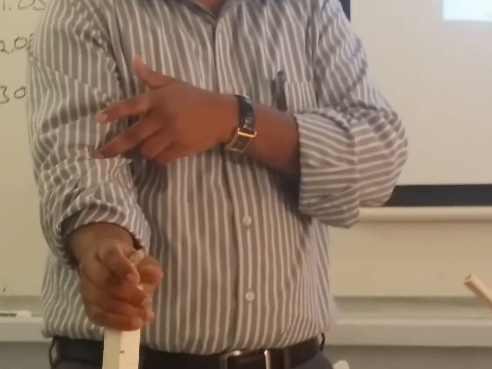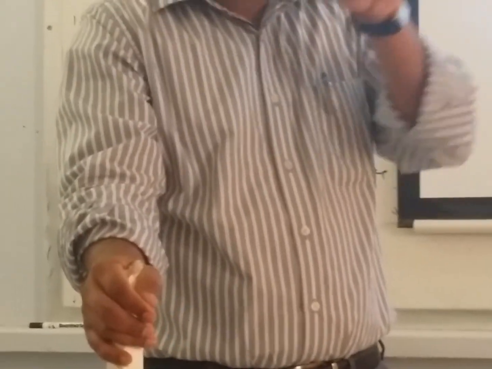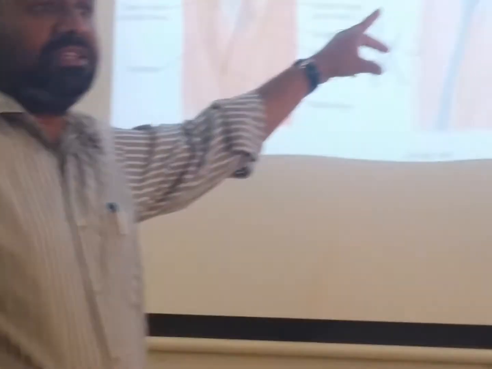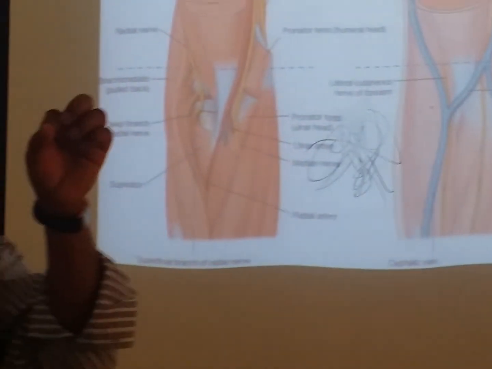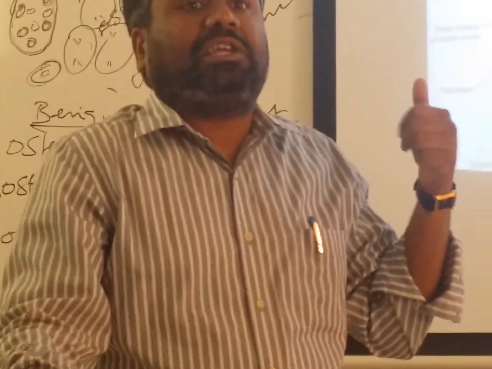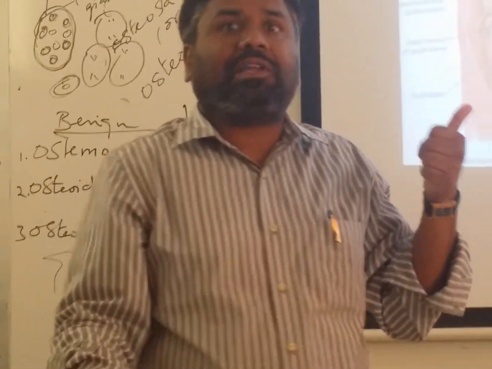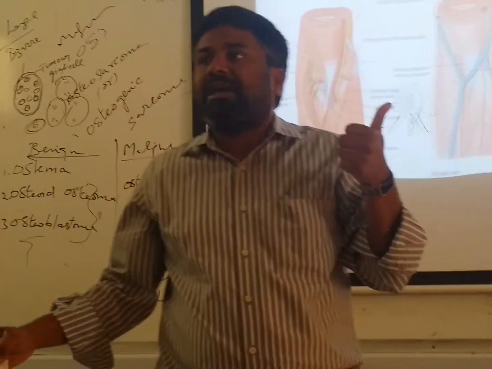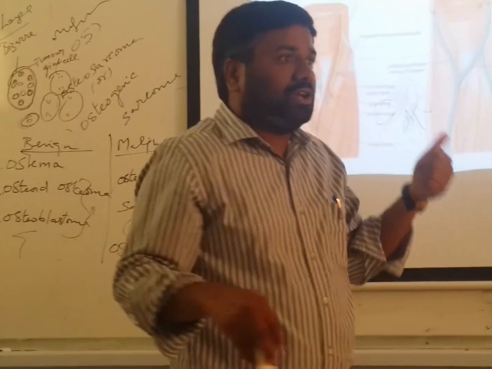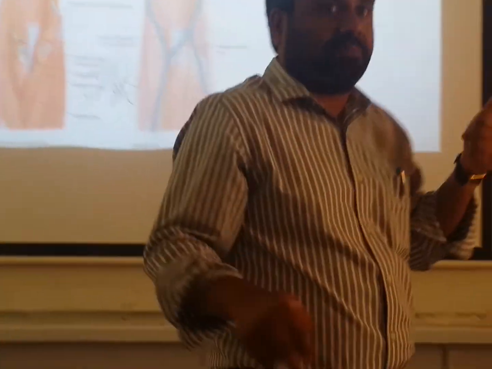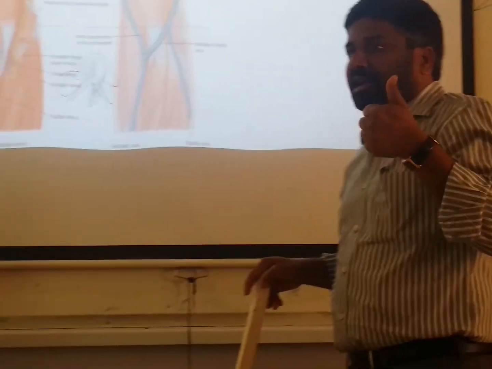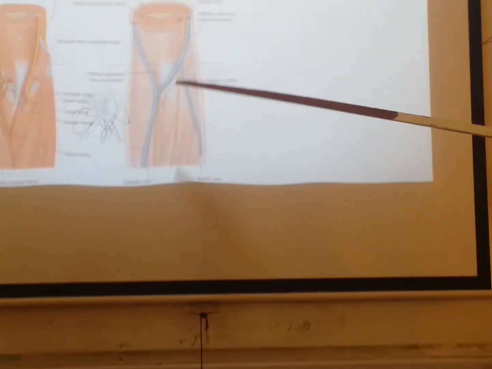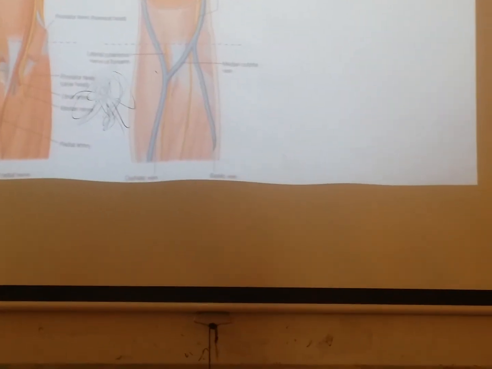Whereas with this vein, if you just look at the vein and then pierce it, it will not move because it is fixed by the bicipital aponeurosis, and it's a big vein from which you can draw more blood. So that's why the median cubital vein is preferred. Why is the median cubital vein preferred to draw blood samples? Because it is fixed by the bicipital aponeurosis. Very important point clinically. So that is the median cubital vein and its clinical importance.